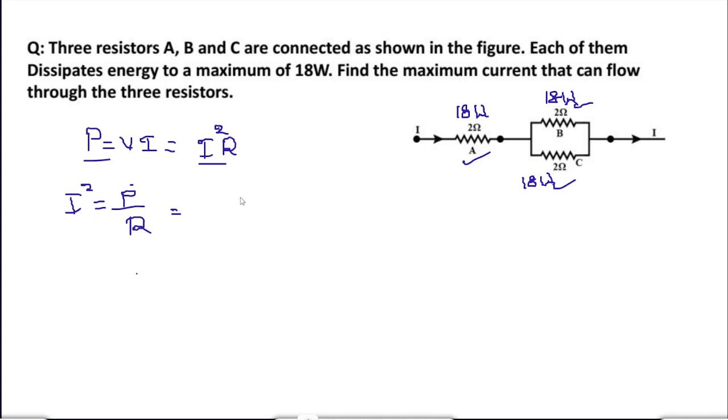What is P? Every resistor has 18 watts of power dissipation. And what about resistance? Here we need to consider the total resistance in this circuit. What is the total resistance? Here you can either consider